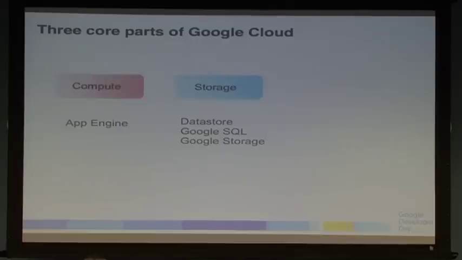And you can mix and match all of these different things together, use them in your application or use them externally. So you have compute, you have storage to write your data in different ways. And then we have all of the different Google services or services outside of Google that you can use together. So these are the parts of Google Cloud and how you can think about mixing them together to meet your